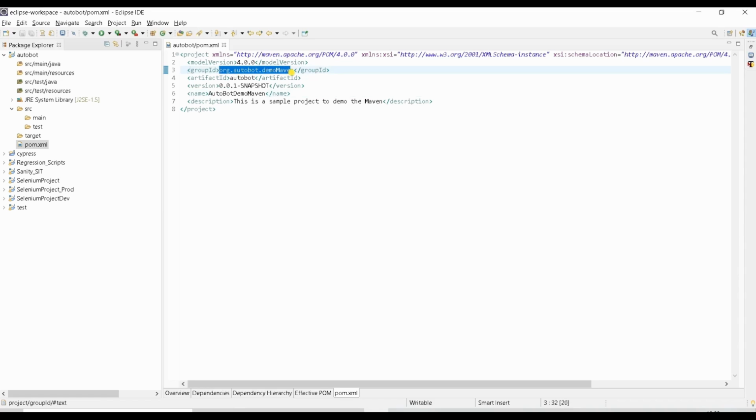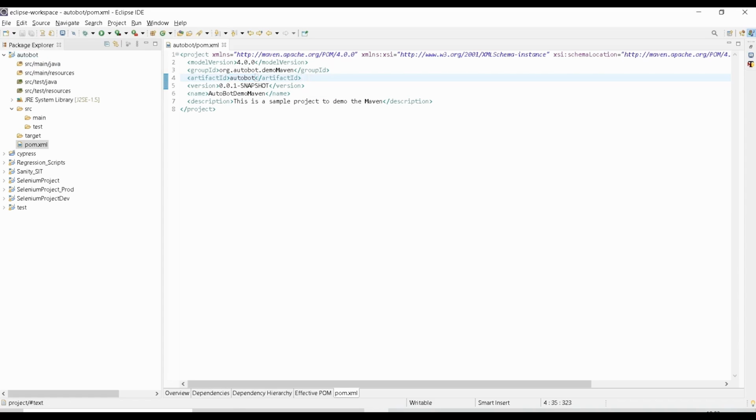So we have given this as a group ID, and what's the model version, then what's the version of the project, the name of your project, and the description which you have given. Okay, so whatever value you give as the artifact ID, that ID will come in your package explorer. Okay, so that is Autobot.